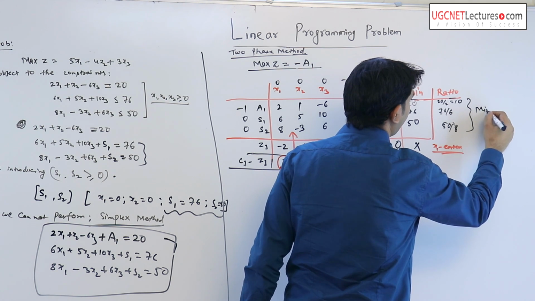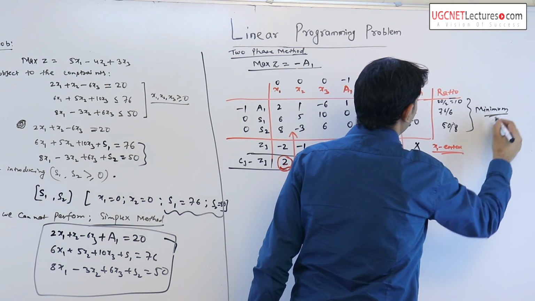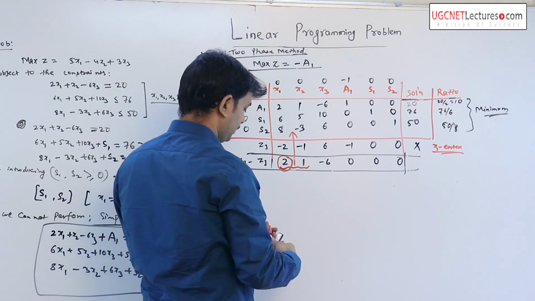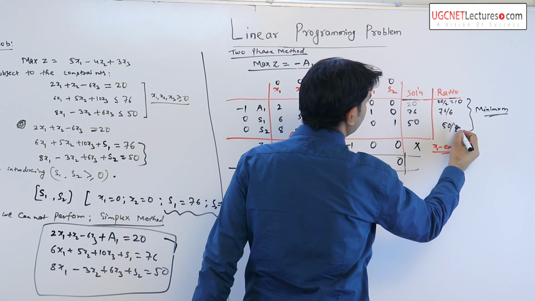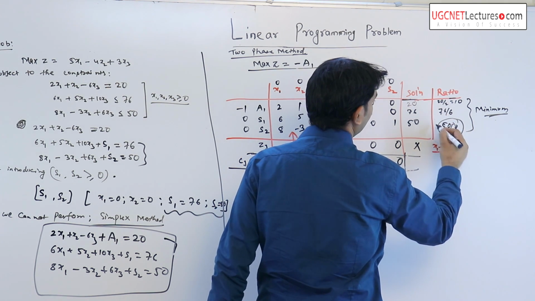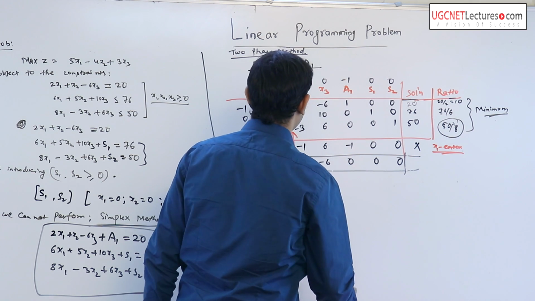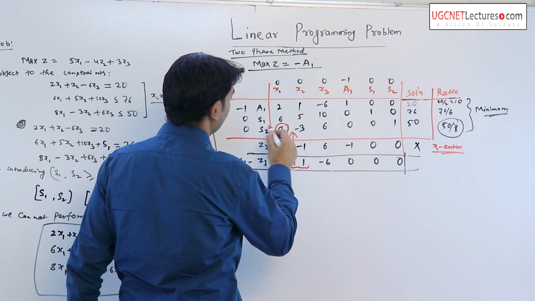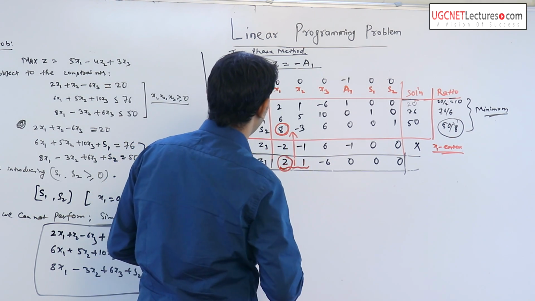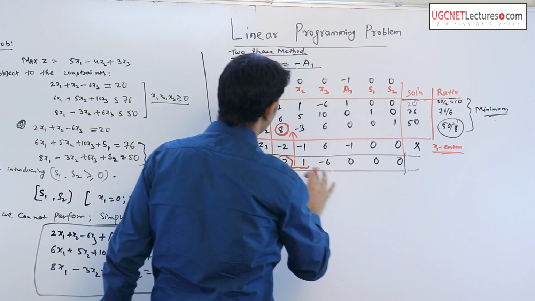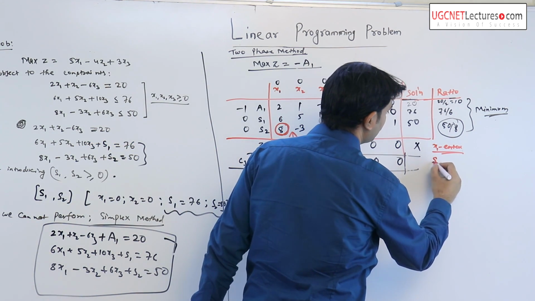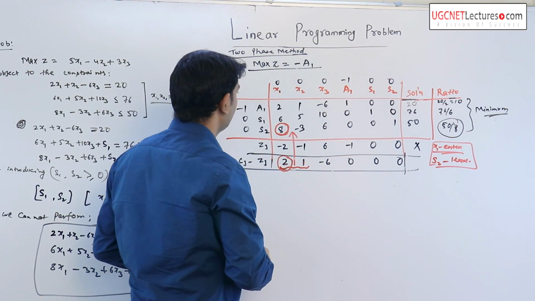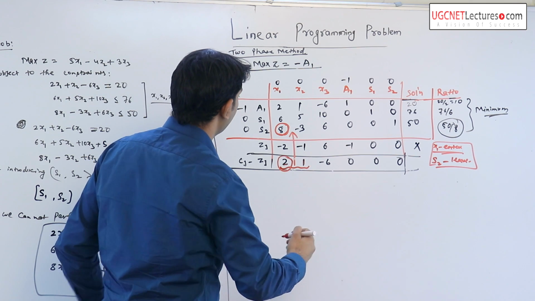And choose the minimum among them. Here all the values are positive, so choose the minimum. Here it is 10, here it is 6 point something, so it is the minimum, then the corresponding value is 8. So x1 will enter and leave s2 from the basis. Here this is called the pivot column,